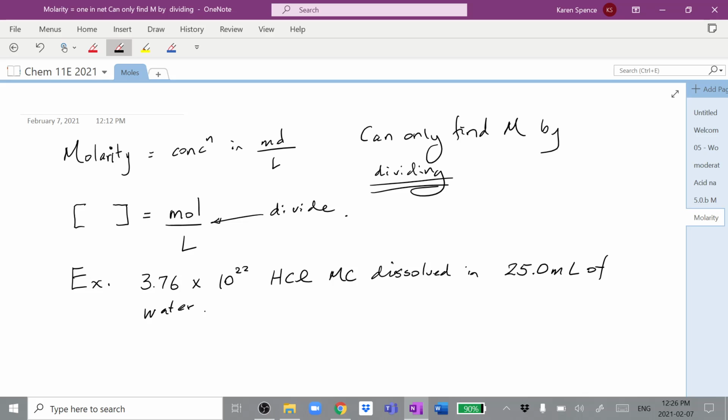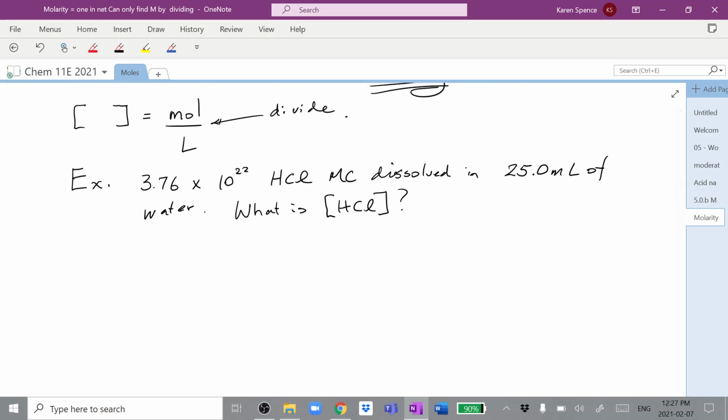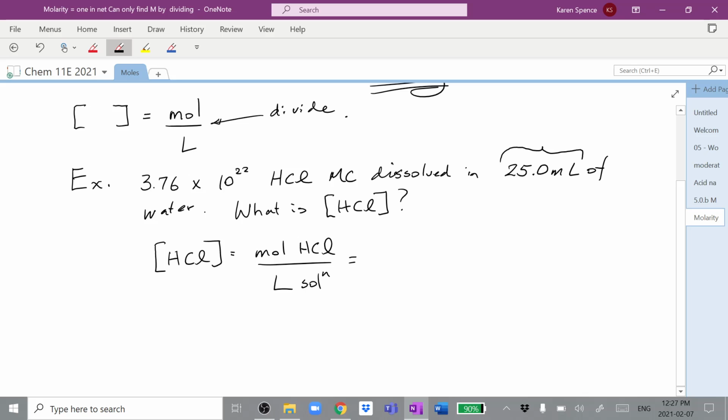So if that's the case, we want to know what is the concentration of HCl. Don't forget square brackets around the substance means find the concentration. So we need to have concentration of HCl is equal to moles of HCl over the liters of solution. And we ask ourselves, do we know the liters? Well, yes, we do. We know that we have 25.0 milliliters